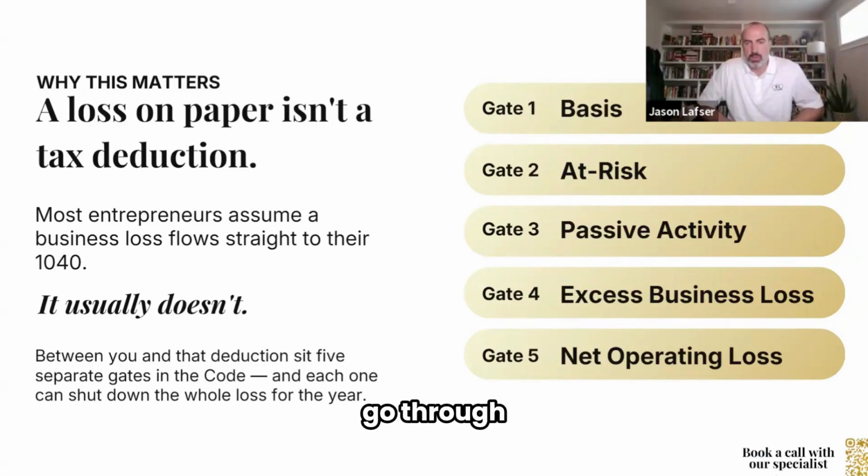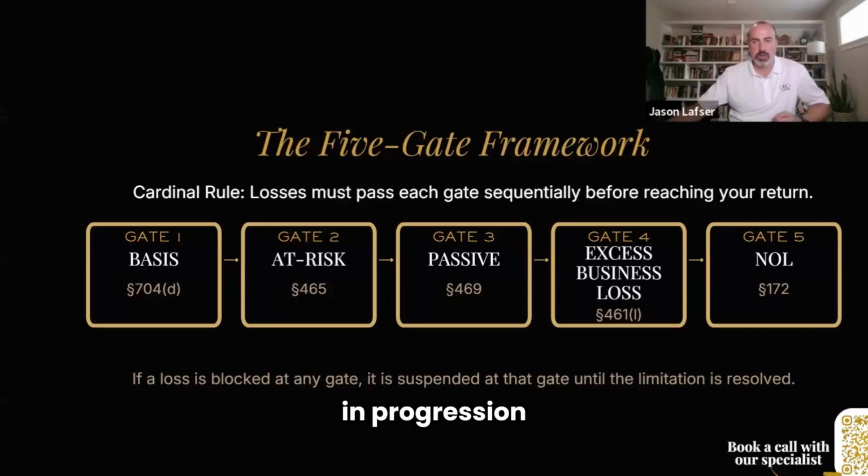So we're going to go through what I call the 5 different gates. If, for instance, you get limited at gate 1, you don't even get to look at gate 2, 3, 4, or 5 to see if they apply, because all potentially could be limited at gate 1. You've got to look at each of these in progression. You've got to look at all 5 and make sure, okay, can we get through, or are we going to be able to really fully realize the benefit of this loss, and how are we going to realize that? Is there any planning that we need to do to make sure that we're taking advantage of that? And let's get into it.